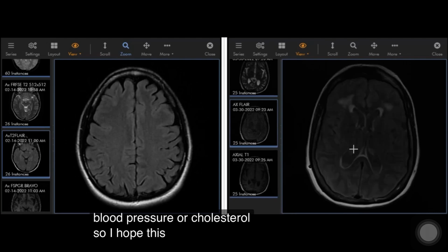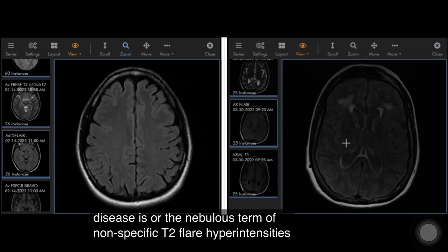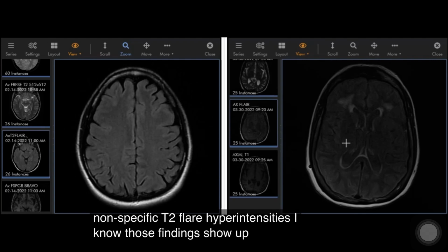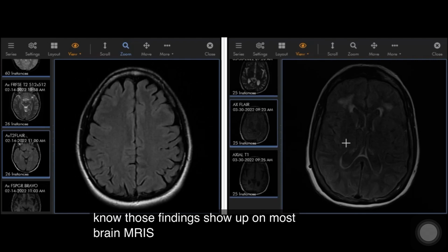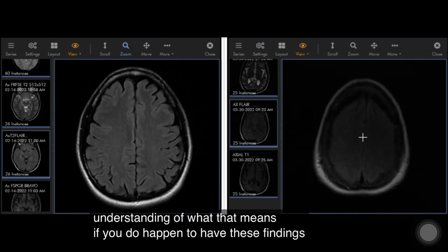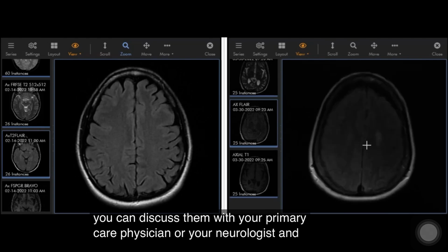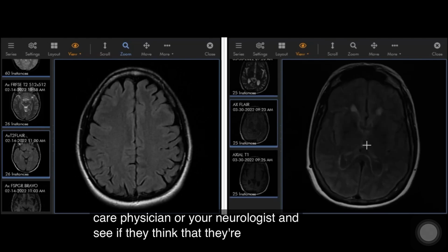So I hope this video was helpful in explaining to you what chronic microvascular ischemic white matter disease is, or the nebulous term of nonspecific T2 FLAIR hyperintensities. I know those findings show up on most brain MRIs, and I hope you now have a greater understanding of what that means. If you do happen to have these findings, you can discuss them with your primary care physician or your neurologist and see if they think that they're related to any